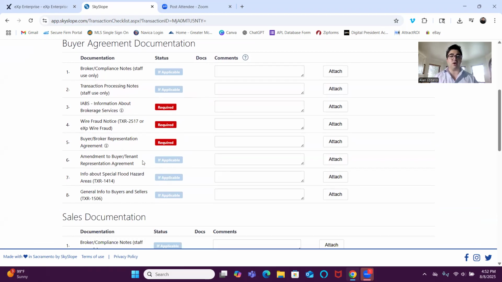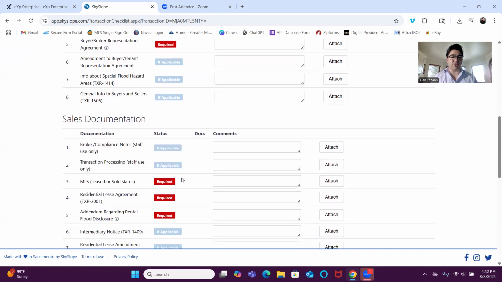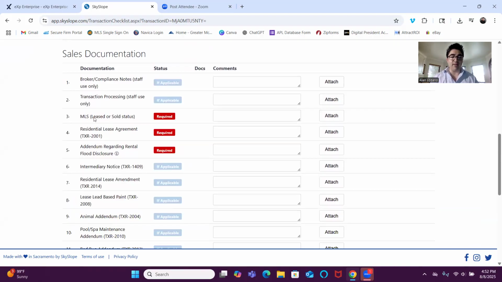All right. Now, these are, if applicable, if you have any amendments, any info for flood hazards, anything like that, you will need the MLS showing that the property has been leased. So once the listing agent updates the MLS, you'll need to upload that PDF. You save it from the MLS. You will need the lease agreement. That will be the document provided usually by the property manager. Most times they will complete the lease agreement